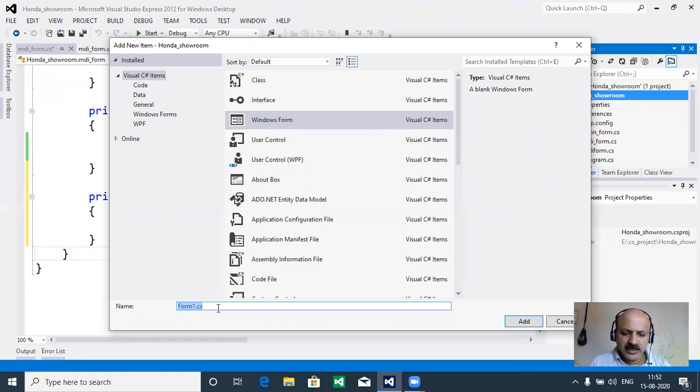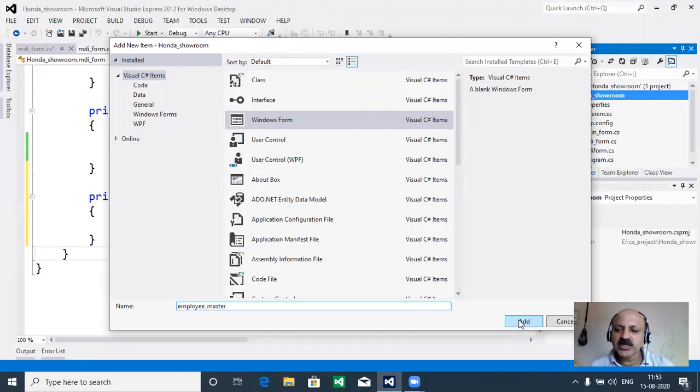So you can take one Windows Form in the project folder. Here we can use a prefix like EMP master, so you can get the idea, or you can write the full name, there is no problem. Here you can set employee underscore master, or just the prefix EMP. So employee master, that we can add, and in my next upcoming video lecture we will take the designing, and after that the coding. We can start with employee or worker, there is no problem, and customer is there too. We take one sample, so you can identify that all master coding is the same way, there is no change.